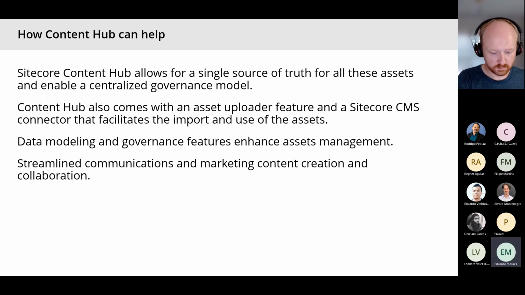And one of the things that Content Hub offers, and this goes beyond anything that they had before for managing their assets, is the data modeling and governance feature. The data modeling one was very important for them because with Content Hub you are not frozen only into the fields or attributes, the metadata that are available out of the box for your media assets.